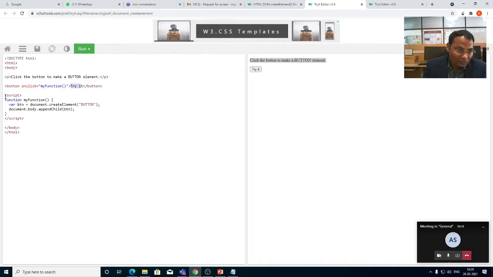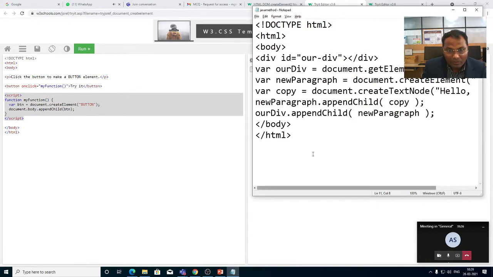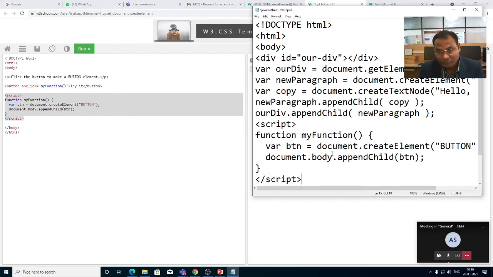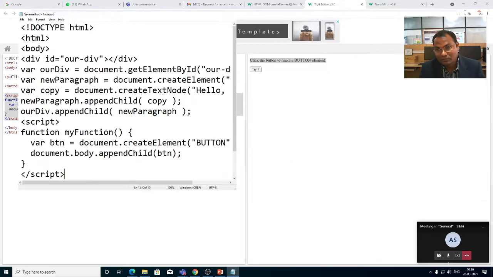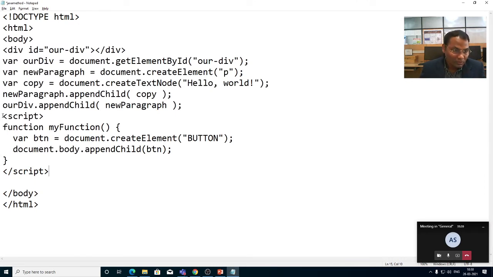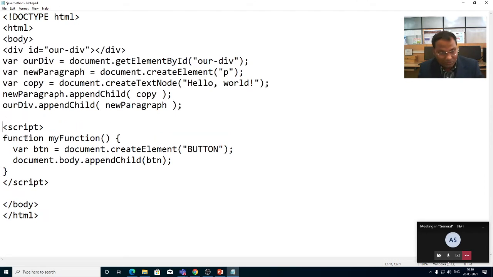So we have to also use this code in our file. Script. Now the function is created.